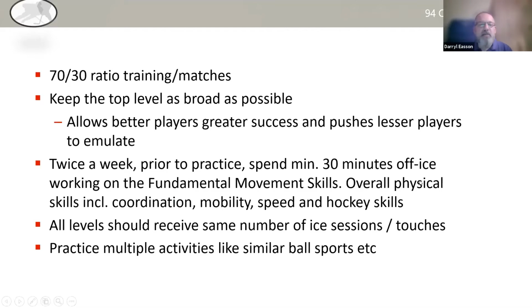I include this, and I've included some stuff later on about this because I don't know what it's like now, but I know the worst part of my teaching ability and my knowledge is off-ice training. That's because I did most of my growing in hockey as a coach in Britain, and it was non-existent when I was playing and non-existent when I coached. And it's very, very important for your players if they can actually do these things. And they actually do this because it adds to those quote unquote 10,000 hours we were talking about the other night. All levels should receive the same number of ice sessions and